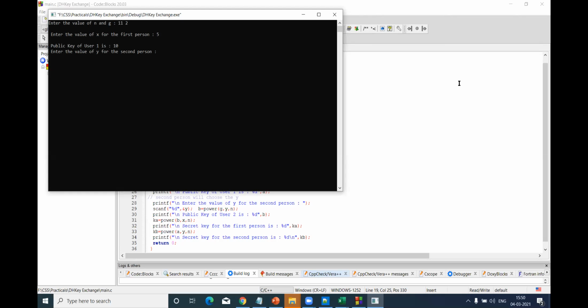You can do the calculation parallelly. So 2 power 5 mod 11. What is the value for this? 2 power 5 is 32, and 32 mod 11 is 10. I hope now this is clear. So 2 power 5 and mod 11 is 10. Similarly,